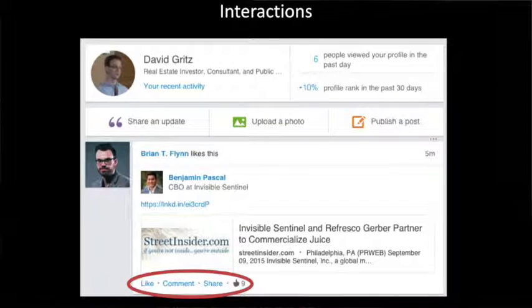So essentially, there's 3 types of interactions with LinkedIn that allow you to show up on all of your connections' feed or their homepage. The 3 things are, first, you can like. So just like Facebook, you can find other content that people have posted. You can click the little thumbs up button, and it allows you to like it. So people will see that you are interested in it. And this is a basic level. Like, it doesn't really do that much for you, but it just allows you to show up on a few more people's feeds. So just think of it as like your online billboard. If you're doing like a few likes once a week, 5 or 10 people might be seeing you once a week. It's not going to do a lot, but it's going to get you out there.